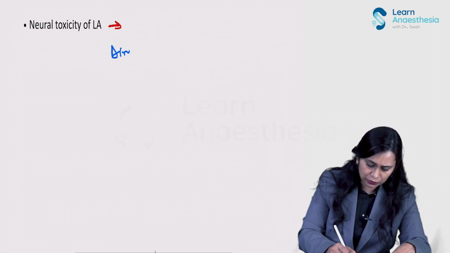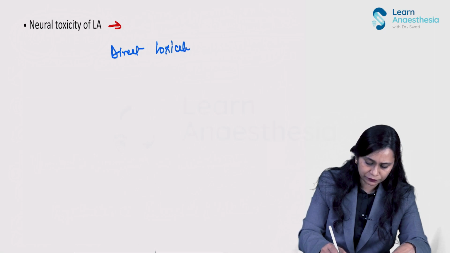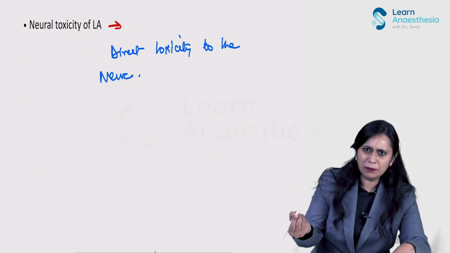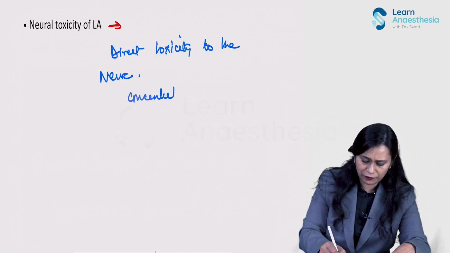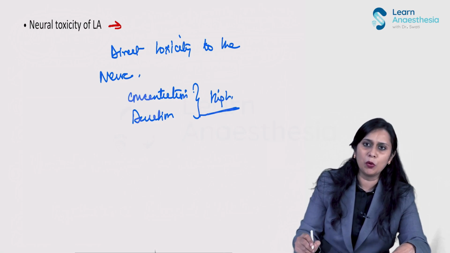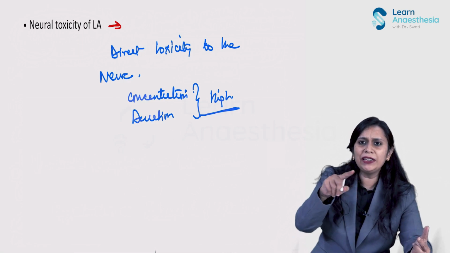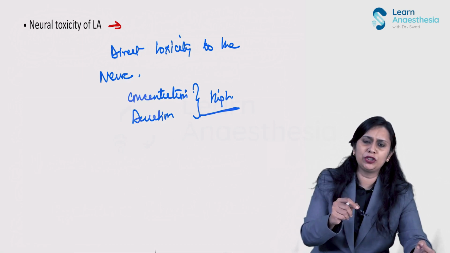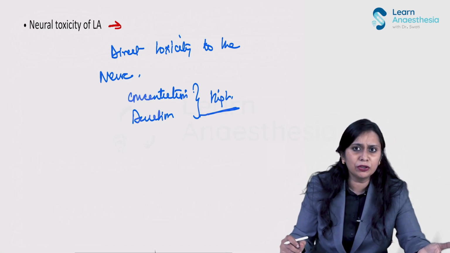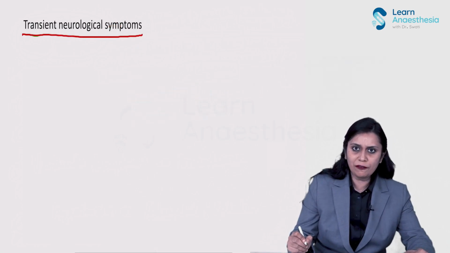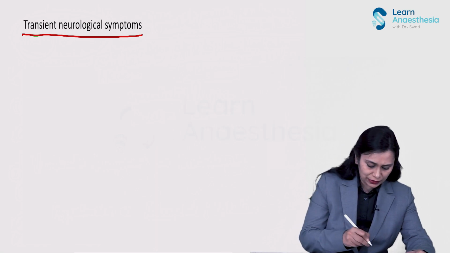So direct toxicity to the nerve, right? This depends upon two things: concentration, if you give a very high concentration, and duration of the exposure. So if both are high, the risk of neural toxicity is more. Today with ultrasound and all, we put the drug very carefully around. We try not to put the drug near the perineural sheath, but there are practices of putting the drug near perineural sheaths also, and there is always a risk of neural toxicity. So the next complication after transient neurological symptoms I would discuss is